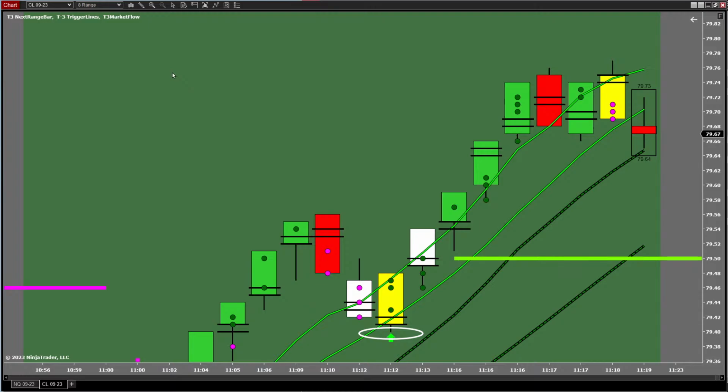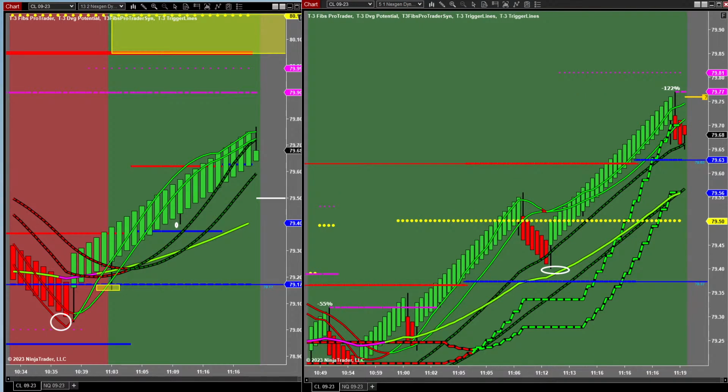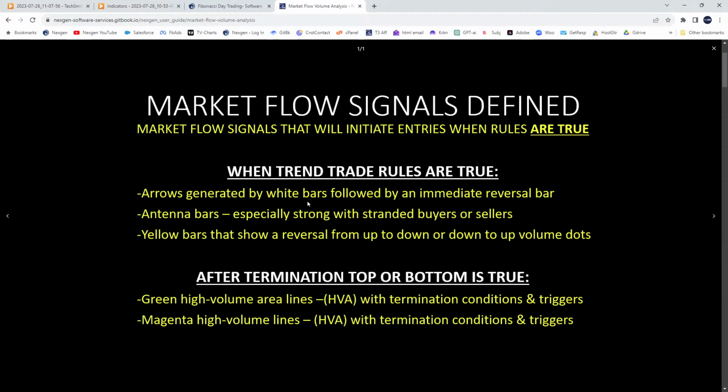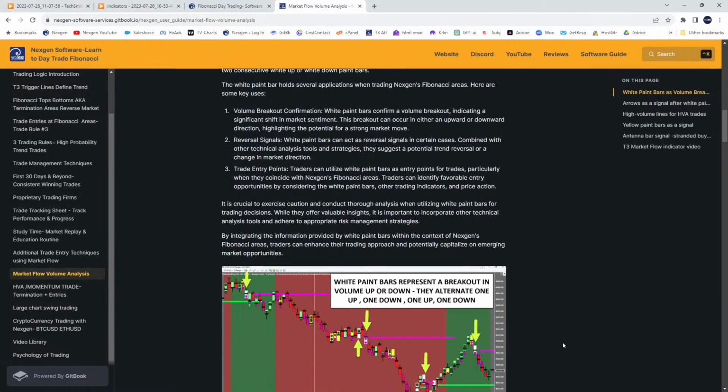And then for general trading, you can pretty much stay in as long as you stay above your small triggers. You don't even really make any type of deeper retracement until you get inside of the small triggers. But if you're above them, you can pretty much just chill and make a little more money. And then once you get inside of them, you'll make a deeper retracement, and then we'll probably get another trend trade. Anyway, I don't want you guys to go get too crazy on the market flow, but that's a really good situation. And again, look,